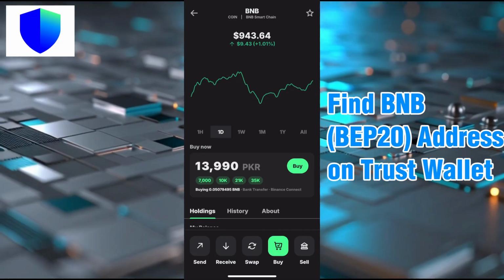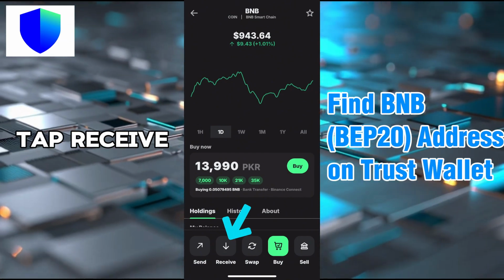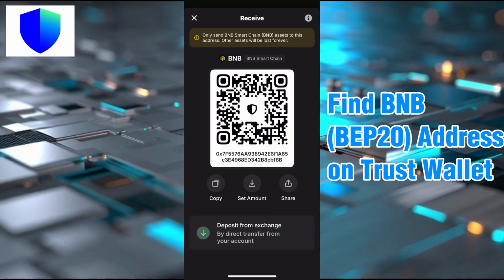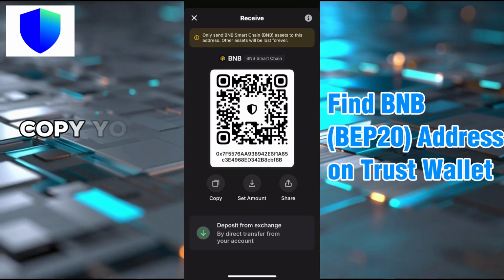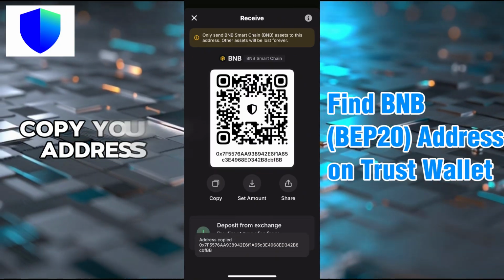Once the BNB Smart Chain wallet opens, tap the Receive button at the bottom left corner. This will display your BNB BEP20 wallet address. Here you can see your BEP20 wallet address. Tap Copy to copy it to your clipboard, so you can use it to receive BNB or share it with